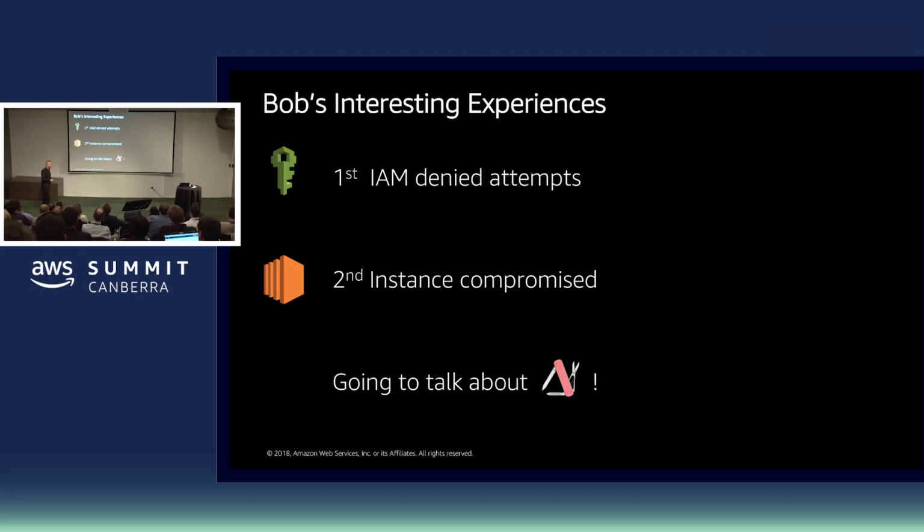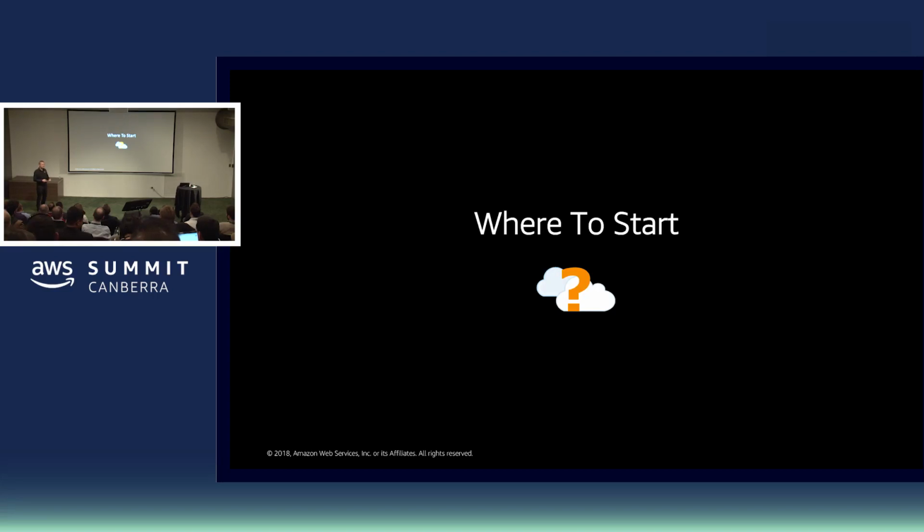So I'm going to share the two interesting experiences for Bob, how he's dealt with a rogue employee that's been terminated and left the company. Her name's Trudy. Yes, it's Alice and Bob's Trudy the intruder. And also how he deals with an instance compromise and how we can automatically isolate that instance and run some basic forensics on it. And this session is going to be all about tooling and how we can automate that.